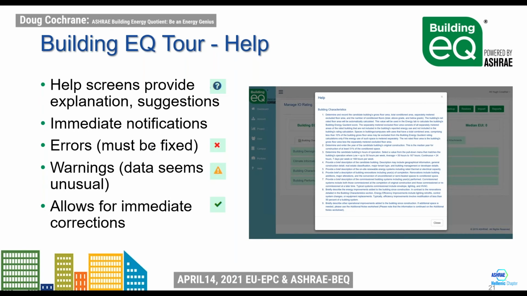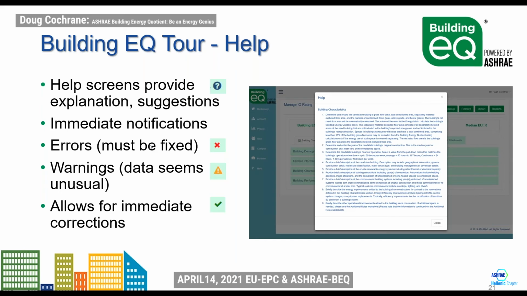One of the nice features I think that's in BuildingEQ is the help. Wherever you see a question mark, you can click on that and you'll see an example of a help screen to tell you what it is that they're asking here, or give you a suggestion as to what's going on. And then we've tried to make this as simple as possible. Your errors will show up as either red, yellow, or green.